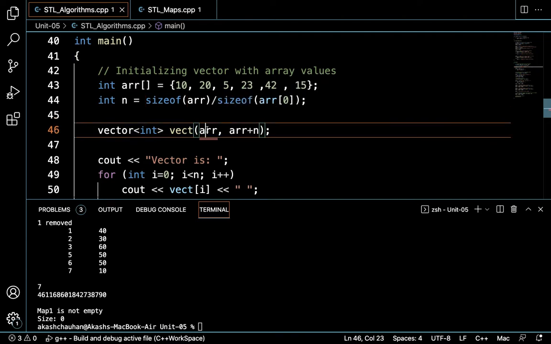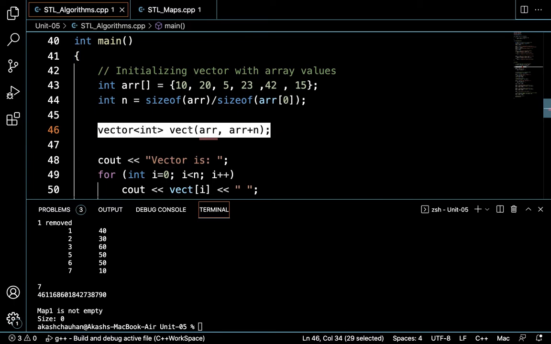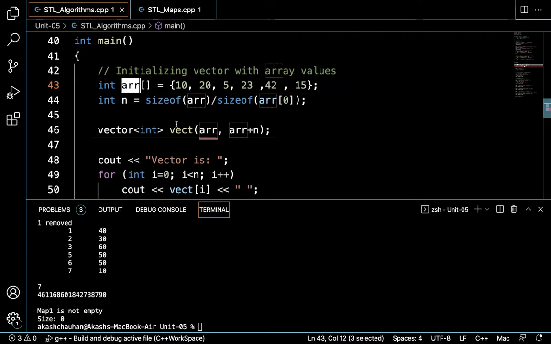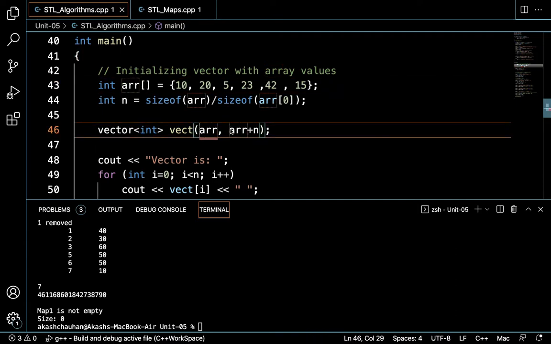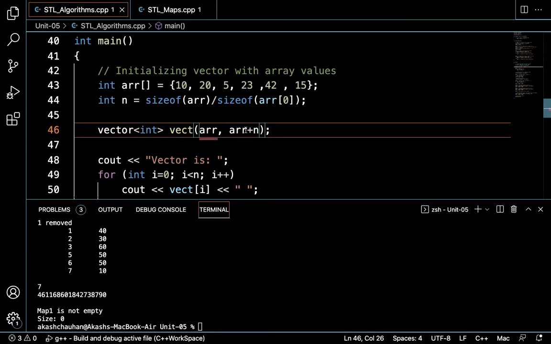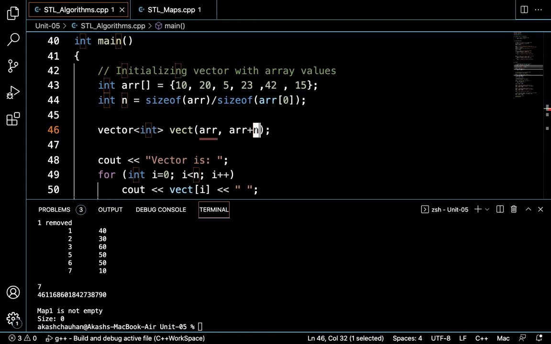By having the array, you can create a vector. If you have an array, you can create a vector from that. How to do that? Simply pass the array and the size. You have to give the size n, the number of elements. This is the base address, and these are the further elements you have to traverse. So this is the proper way to provide an array to a vector.